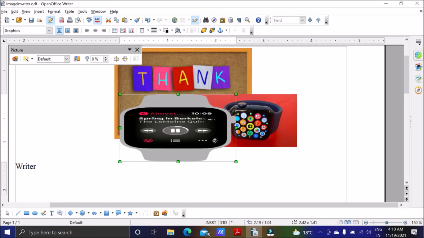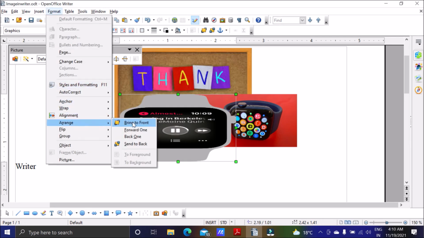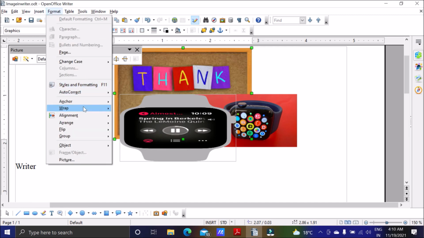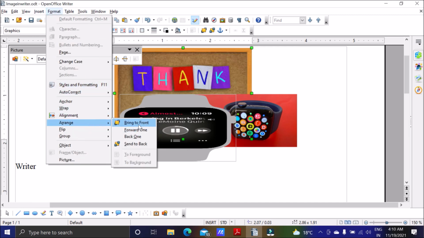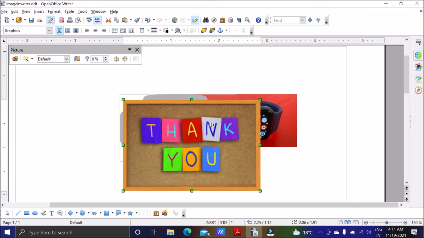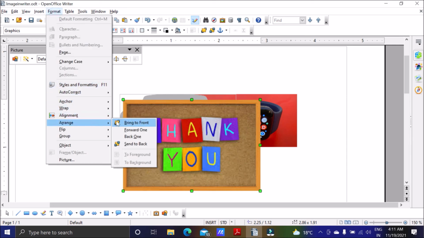Okay, so likewise we have so many options. You can see the options are format and then arrangement. Bring to front: it will come to the front, means suppose right now it is the third one, it will come to the first layer. Or you can put it one step back, or you can put it directly back.